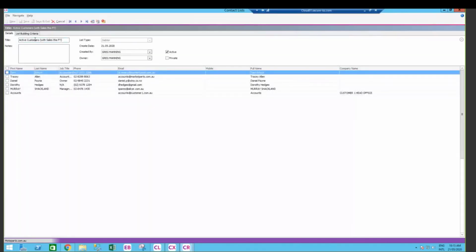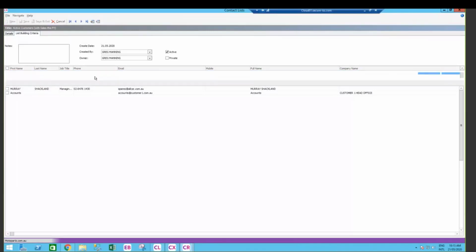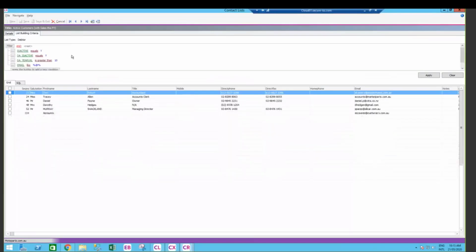So you create a customer list, you give it a name, and you select a list type. Since I'm interacting or communicating with customers, I'm choosing list type debtor. There's several other options, including just contacts. Then you have list building criteria, which is reasonably simple to use. You simply add